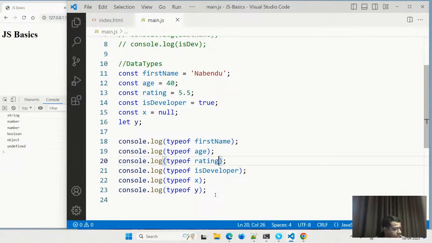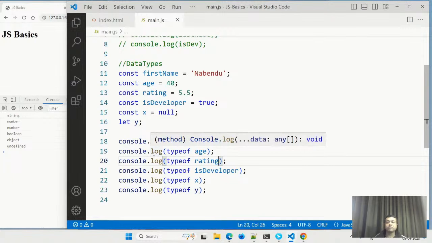So what is this null and what is this undefined? Null and undefined both mean empty values. Null is also an empty value, undefined is also an empty value. But the difference is that null is given by the user, and undefined is what you get if I leave it blank. So the developer will give the null. In programming, at a certain time you require to give an empty value, and if I leave it blank, it is undefined.